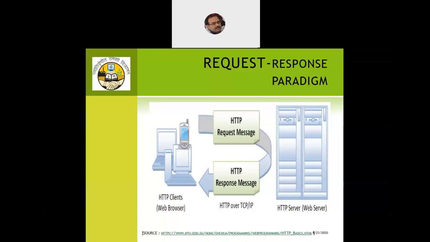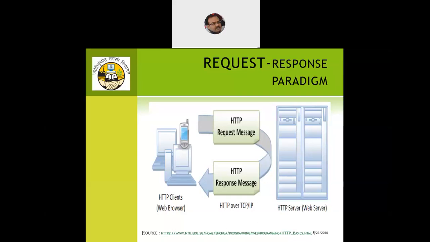And all the communication over the web will take place with the help of a protocol, the HTTP protocol, the Hypertext Transfer Protocol, which I think many of you are already familiar with. That's the fundamental underlying protocol with the help of which communication happens between a client and a server. Since it is a web-based server, we also call it a web server. A server handling requests over the World Wide Web, with communication done through the HTTP protocol, is the HTTP server or the web server.